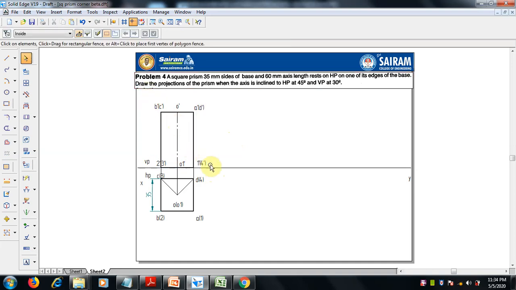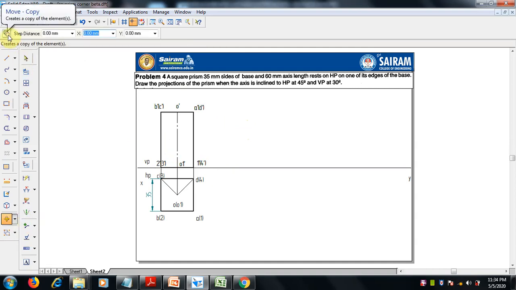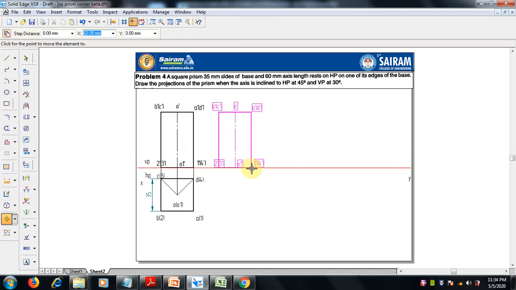So select this full view, that's the front view, select this and make a group and press enter. Now if you select, everything is getting selected. That has to be moved, so use the move command. Here you have to make a copy of it; it should not be moved fully. Select this, and from a point, this edge, just move it nearby and keep it here.